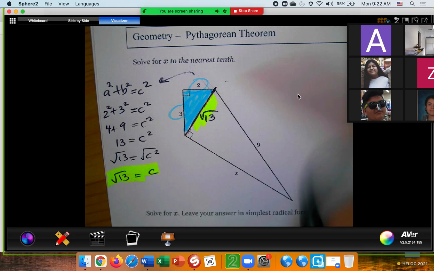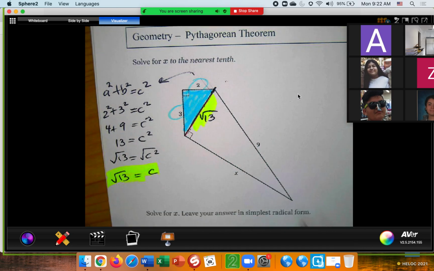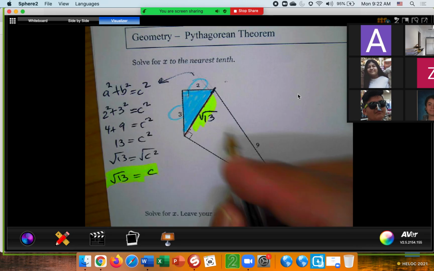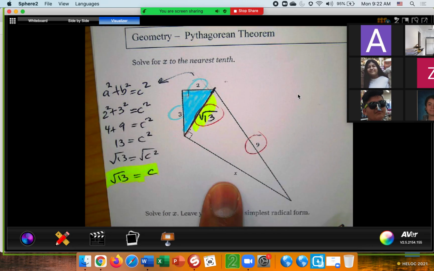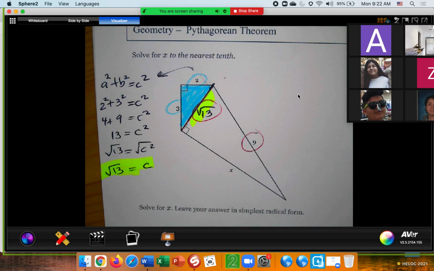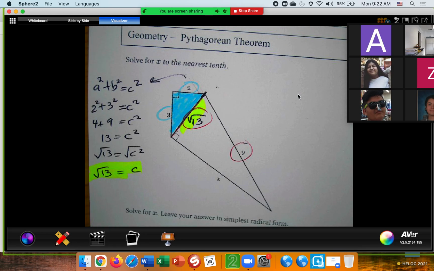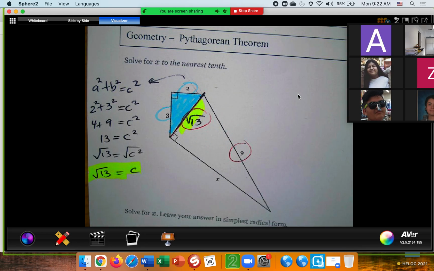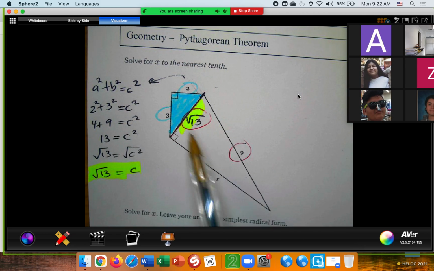Okay, now, once you find this side, and you notice that's the side that they share in common, now you have what? Now you can work with this triangle, because now I've got two sides, and you can find the third missing side. So you see what I mean? It's not too far from what you already know, but I want to just throw it out there. And then you guys are like, well, we never saw this. So yeah, start with the triangle that has the two sides, find the missing side, and then that side